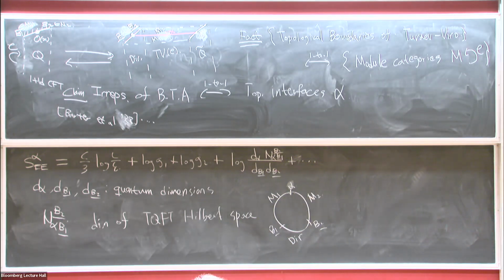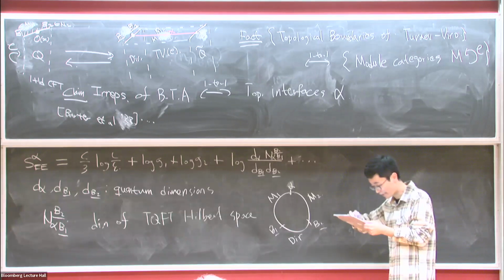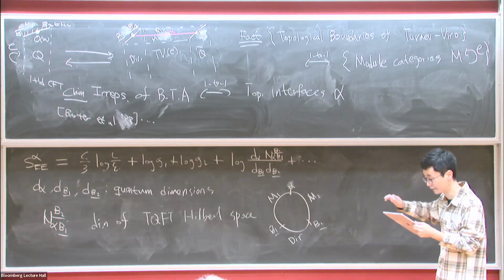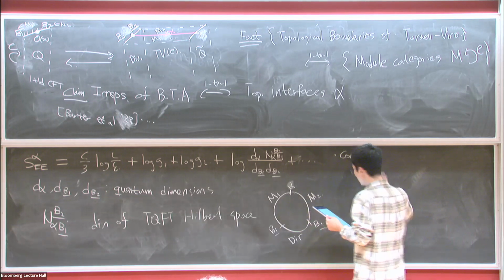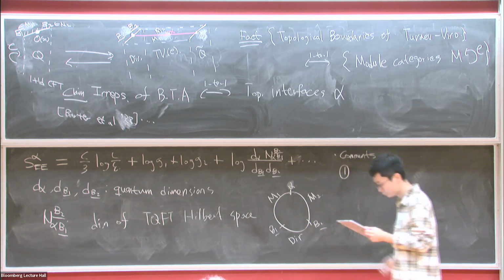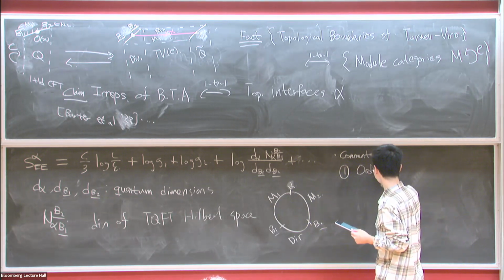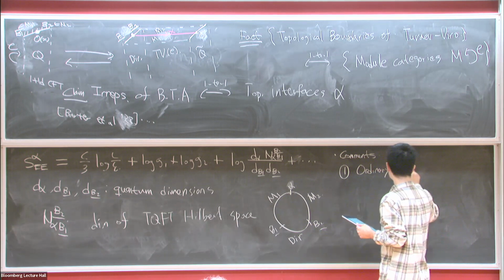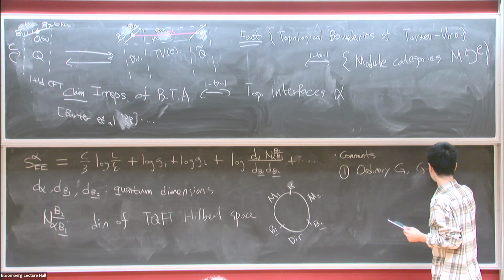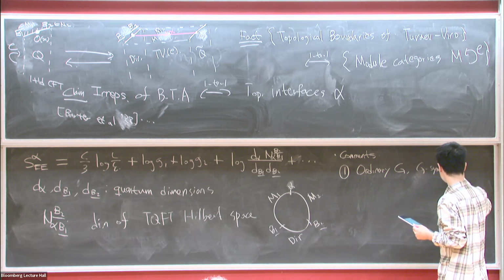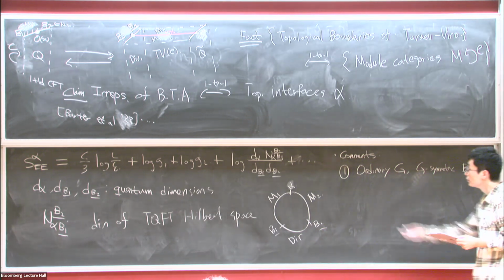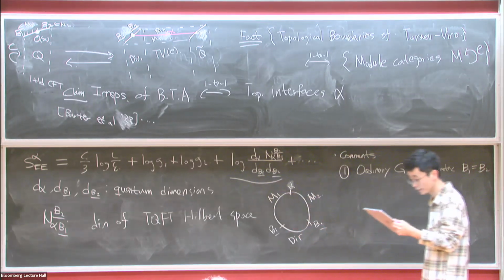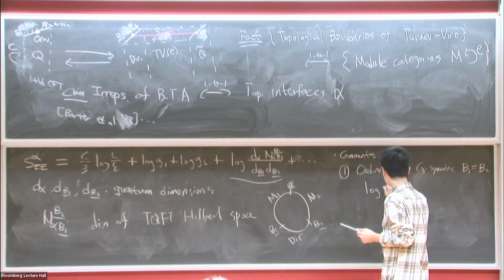I'm going to really try to wrap it up, but just to give you more intuition, let me make a few remarks about this formula and then finish. Some comments. Okay, so to restrict to ordinary finite group symmetry, we use G-symmetric boundary conditions. Then this additional contribution reduces to